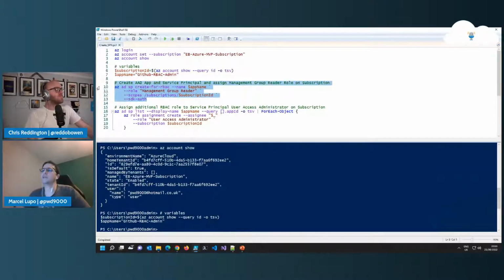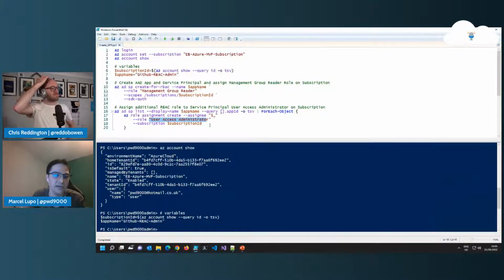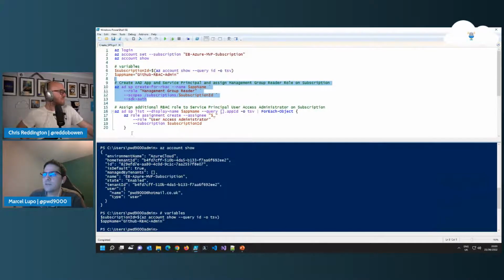Then I'm going to give my service principal management group reader over the subscription where I'm going to want to expose roles. Why do I want management group reader? Well, remember my script needs to be able to evaluate whether the role is for a management group or a subscription. For this reason, when I create the service principal, I need to give it management group reader. In addition, I'm also going to give it user access administrator. The reason I need to give it user access administrator is so that I can actually create roles with my GitHub action. Now, when I run these two commands,